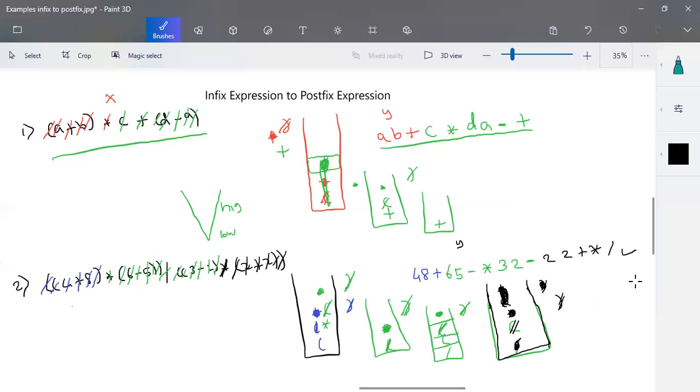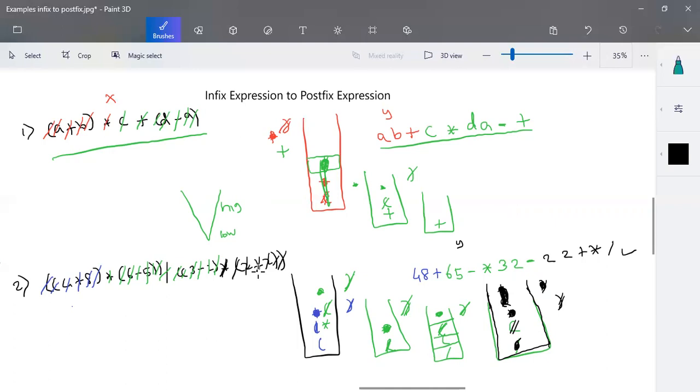Is that clear? So we have to follow: whenever it is an open bracket, directly push it into the stack. When it is an operand, add it to your postfix expression. When it is an operator, we compare the precedence. Only an operator with higher precedence can be placed on the top of lower precedence. Equal precedence should not be there. And similarly, whenever a close bracket is there, we'll be popping out operators until we have an open bracket in the stack. And at the end of input, the remaining operators from the stack will be popped out and added to your final expression. Okay, so this is how it is done.